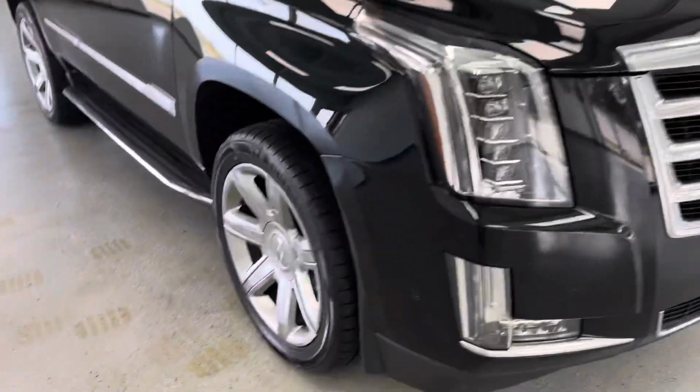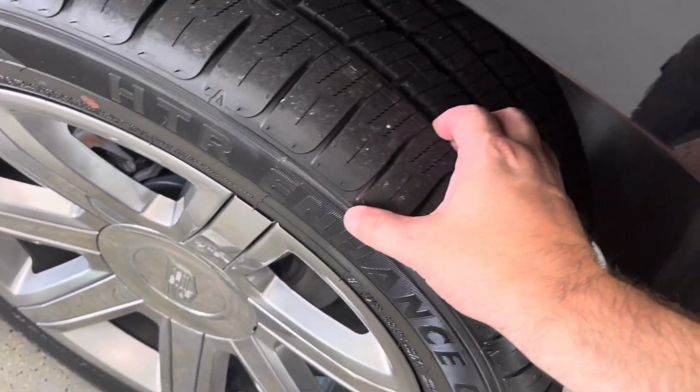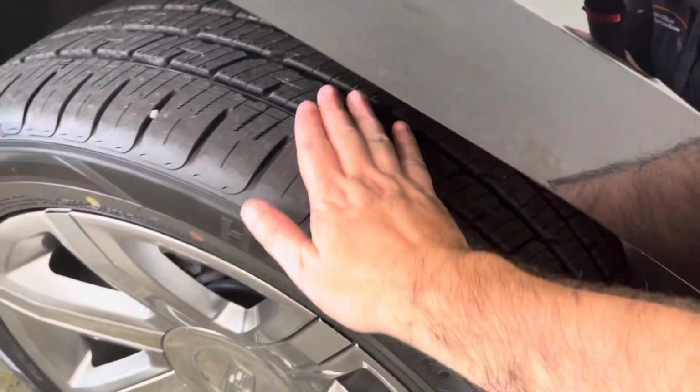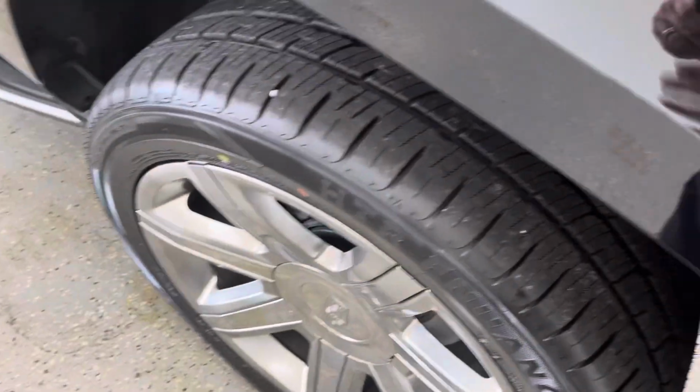As we come around to the side, looks like we got the big 22s, alloy chrome finish wheels. We also got brand new tires here, still has the knobs on the tread. If I get in there close, you can see we put brand new tires on this vehicle all the way